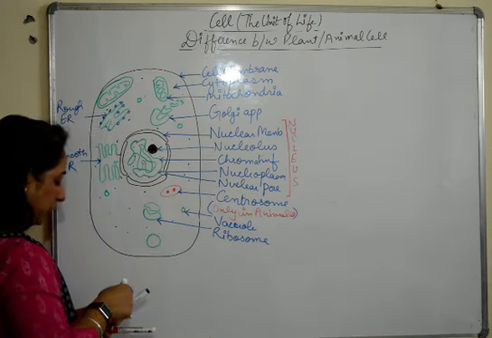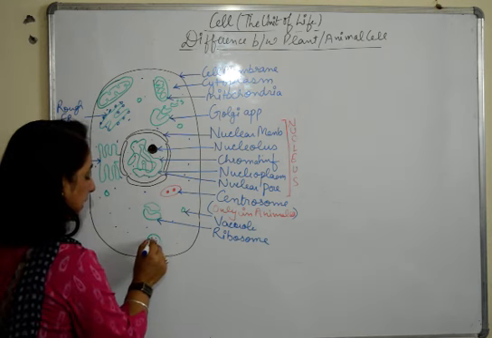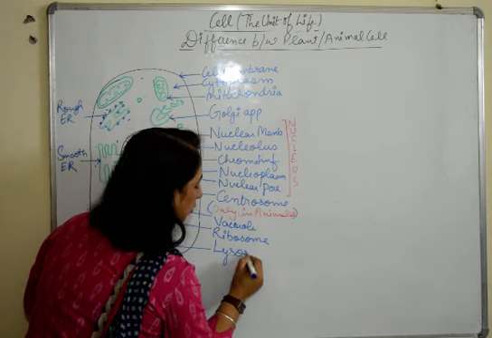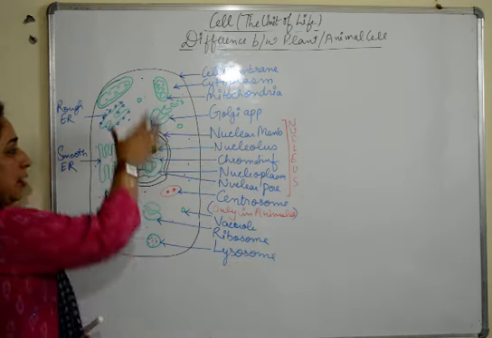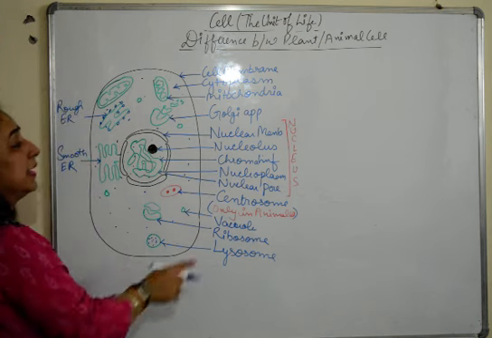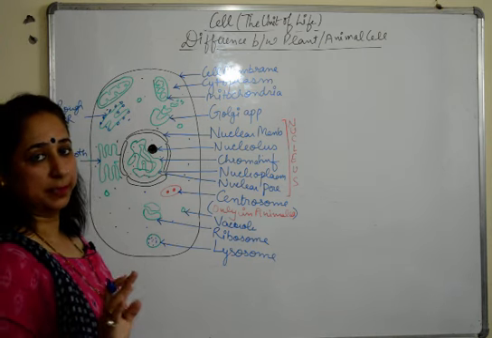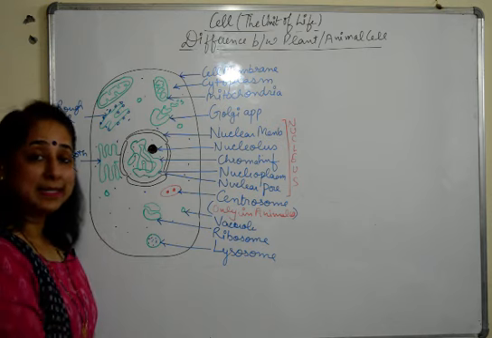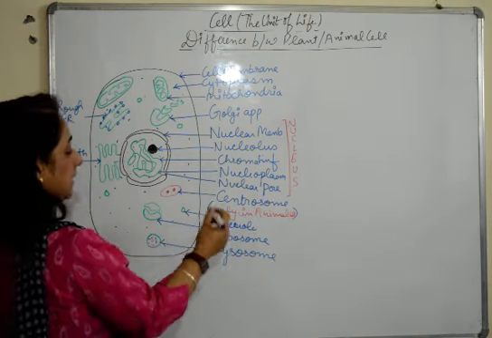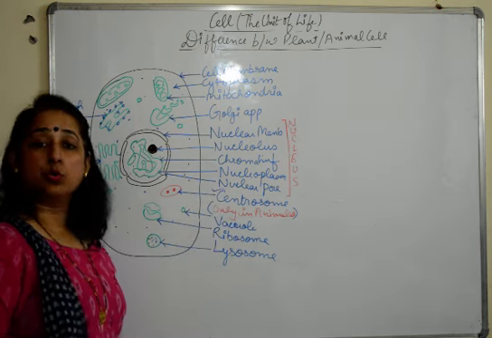Here lysosome, and inside it we have enzyme filled, that is lysozyme. So this is lysosome. So I hope I have covered all the cell organelles in one cell. This is how you make a diagram of an animal cell to get full marks. Now we move to the plant cells. The only structure in the animal cell which is not present in the plant cell is the centrosome.